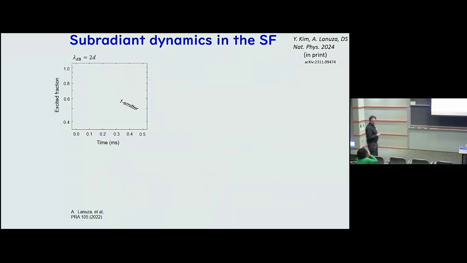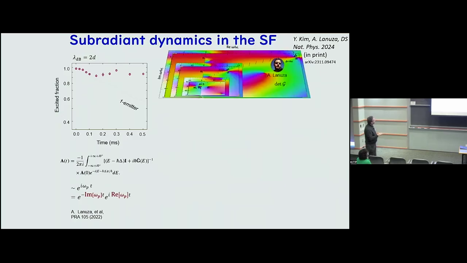Now you can also look at the subradiant detuning, and what you see here is a single emitter prediction again. And so what we see is that the excitation sort of does not leave the emitter. There is a little oscillation here, and so when you analyze this, my student here, Alfonso Lanuza, did this very carefully,